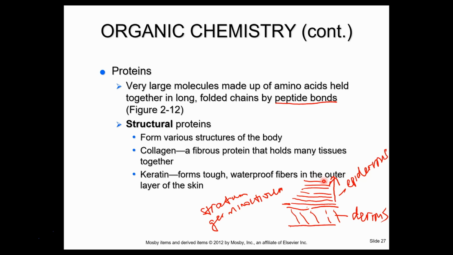So they become filled with keratin, okay, which forms this nice waterproof barrier that makes our skin relatively impermeable to water. Of course, it's permeable if you keep it long enough in the water, but fairly impermeable to